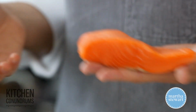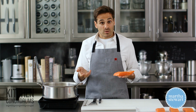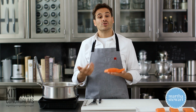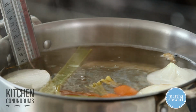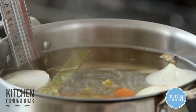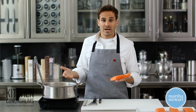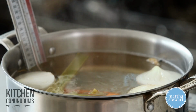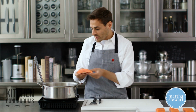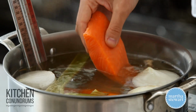And usually with shallow poaching, you then take the liquid that you're poaching in, you reduce it down, and you use it as part of your sauce. So this technique today, deep poaching, is used for thicker cuts, whole fish, chicken breast, things like that. So our temperature is down, it's about at 180 degrees, and now I'm going to gently place in the salmon